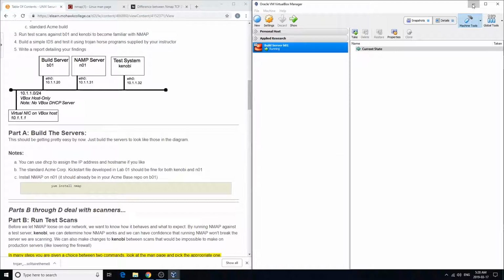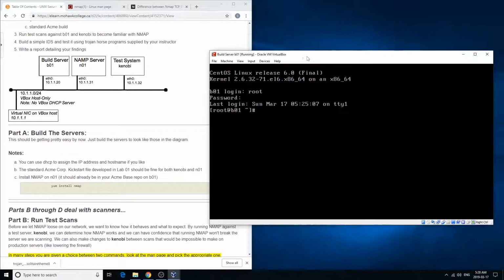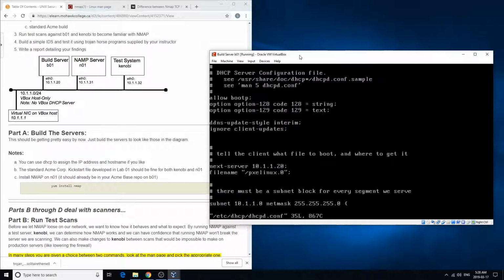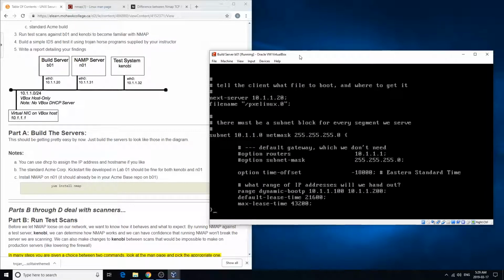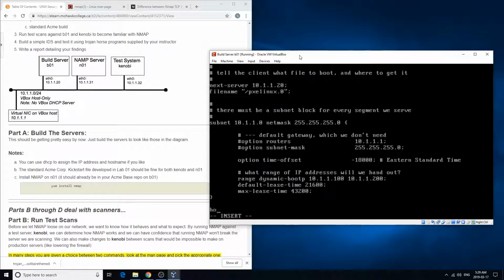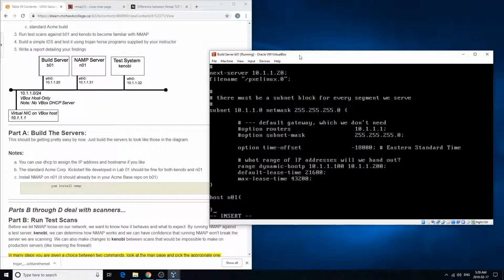I'm just going to minimize VirtualBox Manager. And what you're going to first do is go and edit the dhcpd.conf file in the VI editor. So we're going to say VI /etc/dhcp/dhcpd.conf, and we'll see this file. We're going to go right to the bottom and create 2 host blocks. So host N01 curly brackets, and it's going to be option host name N01 semicolon